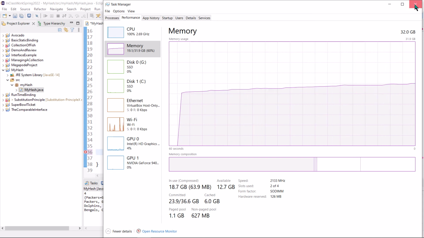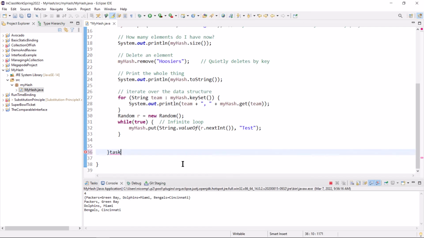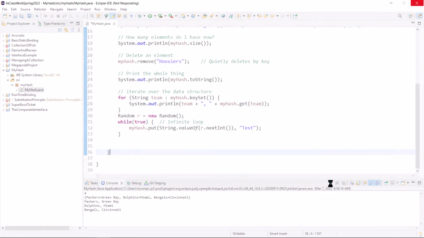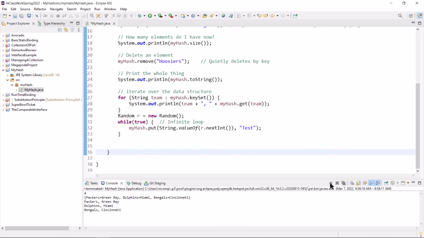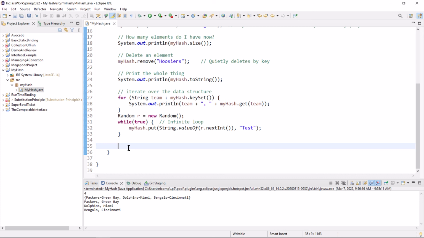Anyway, if you're still with me, I am going to kill this because it's making me nervous. I'm having a hard time killing it. There it goes. There, it should be done now. Okay, so that's better appreciated in a live demonstration where I can let the computer just hang itself. But since I'm trying to record, I'm running a risk of losing you and maybe losing the entire recording.